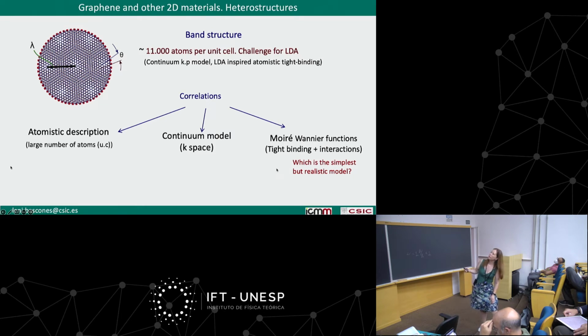Normally when we describe the system, it's very often that we do a band structure calculation with something like an ab initio method. In this system, we have 11,000 atoms per unit cell, more or less. So normally it's not possible, and we have to go to simpler methods like tight binding. But then to study the correlations, there are different possibilities. One is to consider an atomistic description, considering all these 11,000 atoms to describe the system. We can work in k space, or we can